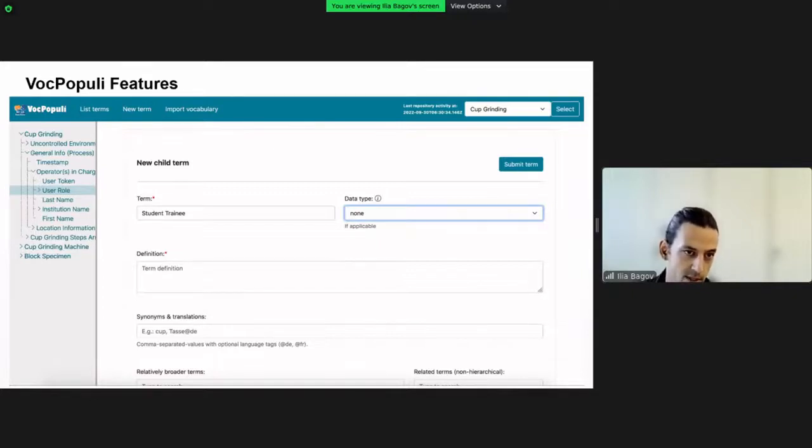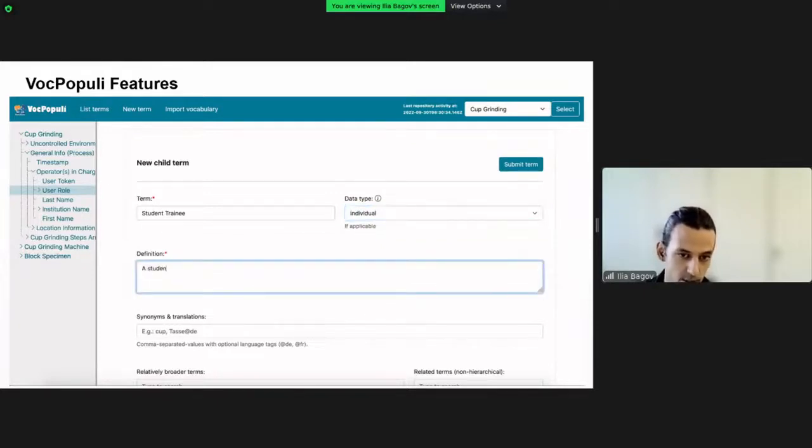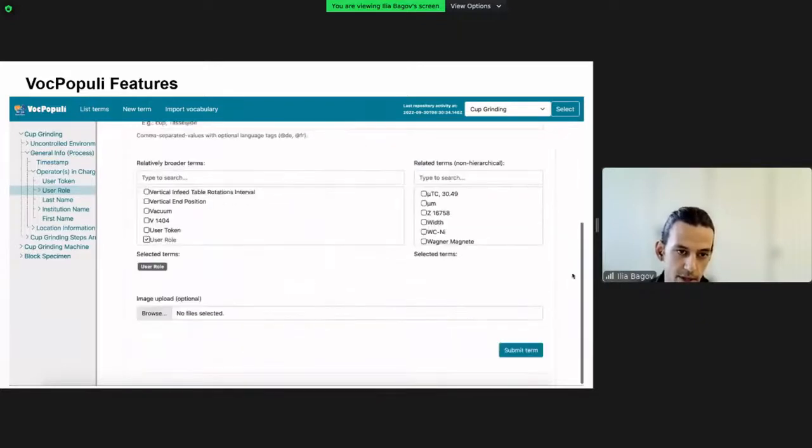So the first one is the term name itself. Afterwards, you can choose a data type, which in this case would be individual. Following this, a person can input the definition of the term. And this is actually a required element, so a person must input the definition. And then the additional fields which you see here are, for example, synonyms and translations. And also